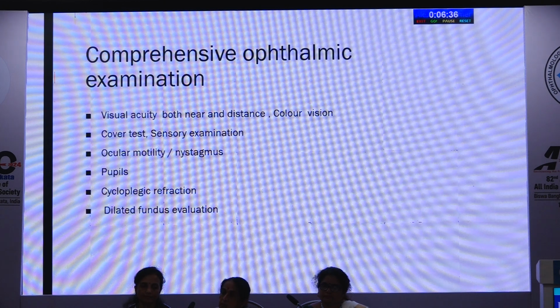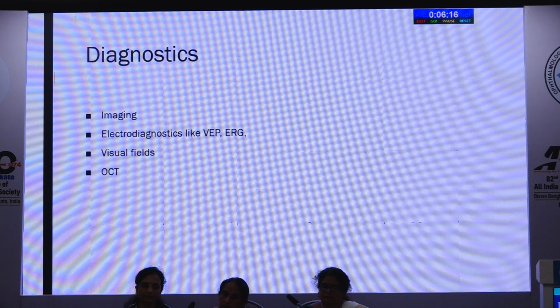Color vision, very important part if you are looking at unexplained visual loss. Cover test, madam has already alluded to sensory examination, and I don't want to go into detail. Pupils, again, very, very important sign, and we all forget because we let our optometrist check it. But if it's unexplained, next time, please do it yourself. A cycloplegic refraction and a dilated fundus evaluation. Diagnostics which help you: neuroimaging, imaging, like I said, autofluorescence imaging, photographs sometimes, electrodiagnostics, VEP and ERG, irreplaceable, visual field